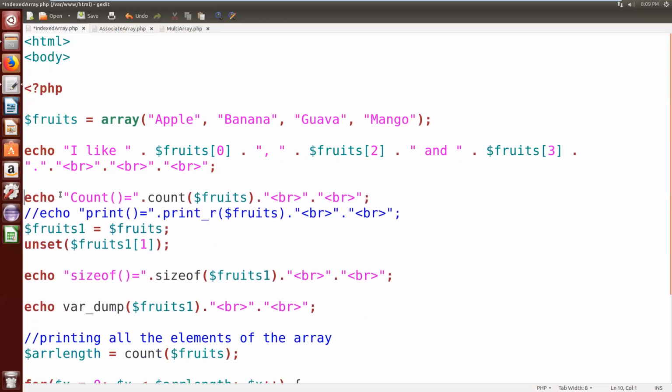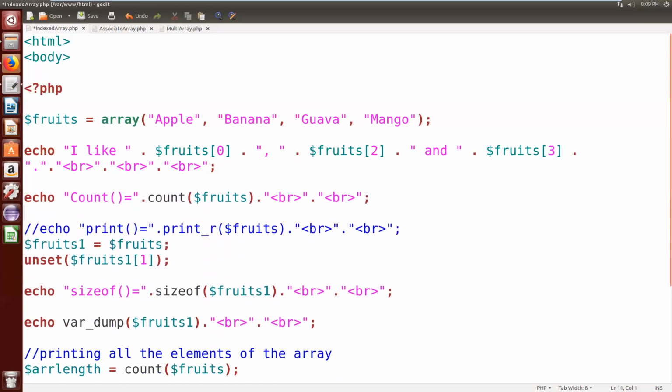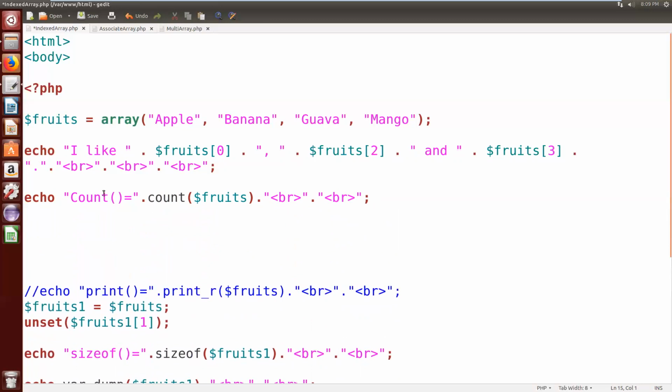Okay, now see, here I'm using the count function for counting the number of elements in this fruits array. How many elements are there in this fruits array? 4. So this count function will return 4 as a result.